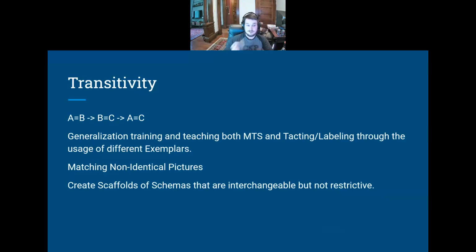So how do you train this? This is by using multiple exemplars, by using matching non-identical pictures. So instead of just having the same bowl again and again, you're going to have different bowls. You're going to have different dogs. You're going to have different classes and so on and so forth, so that you're able to build these schemas and create this construct of information that allows you to quickly identify, oh hey, that's a dog, without having to be